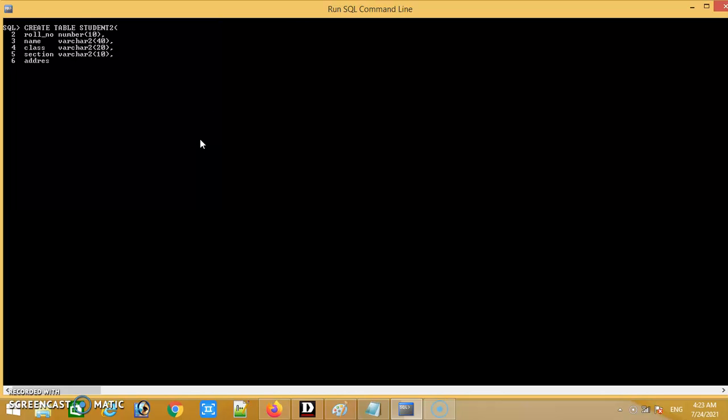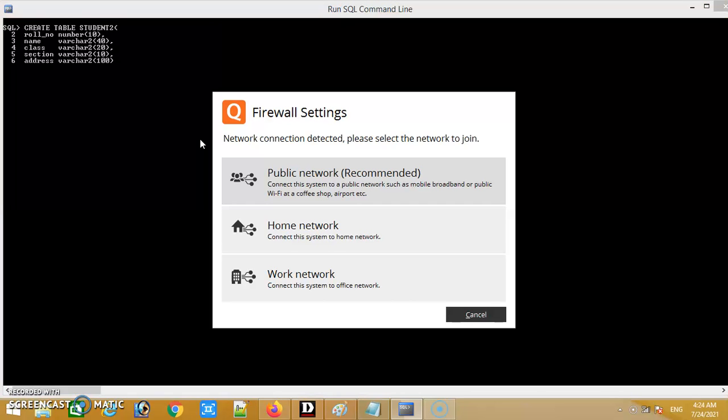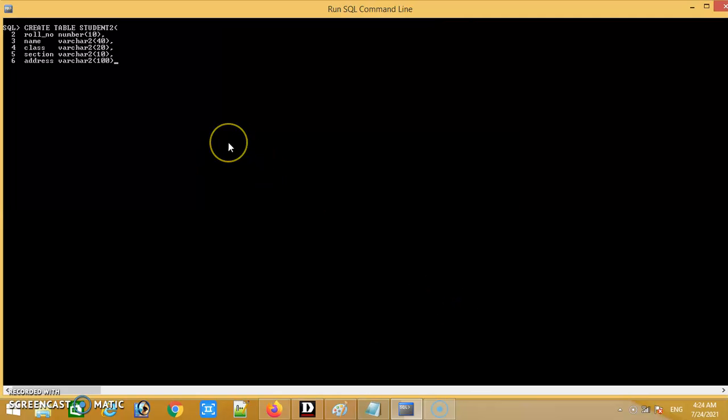It is varchar2, and since address length will be big, I am giving some length like 100. Okay, I have defined all the columns, and then I will just end the bracket of the create table statement and put a semicolon, and then I will press enter.